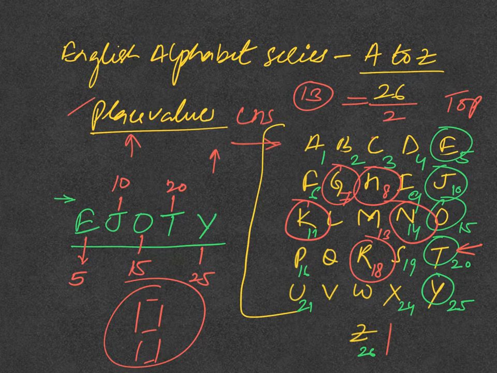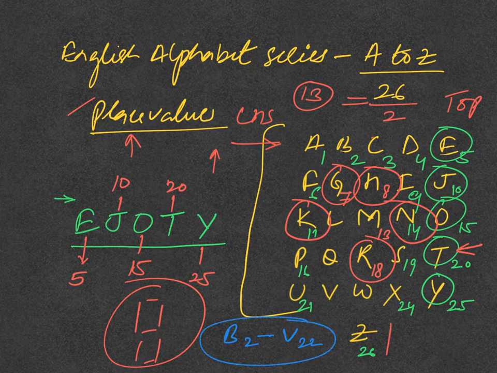So this is how we can remember these values. V is also very important because they ask it frequently. So if B is 2, because the pronunciation of B and V is quite similar, if B is 2, then V becomes 22. Very similar. Okay, so it is very simple to remember as well. If B is 2, V is 22. Okay, then U, underage boys, 21 years of age, we can remember it like that.